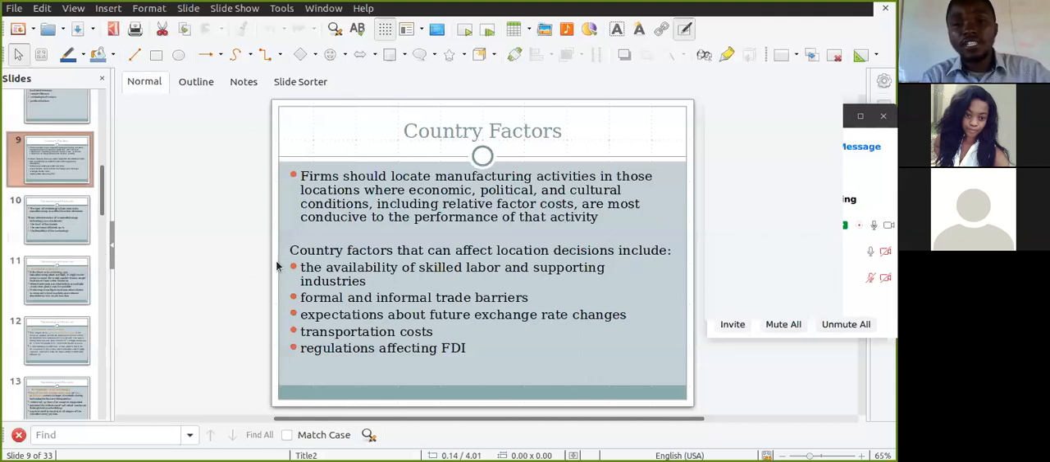Firms should locate manufacturing activities in those locations where economic, political, and cultural conditions, including relative factor costs, are most conducive to the performance of that activity. So we see that the economic activities, how well the economy is of that country that you're establishing yourself in,